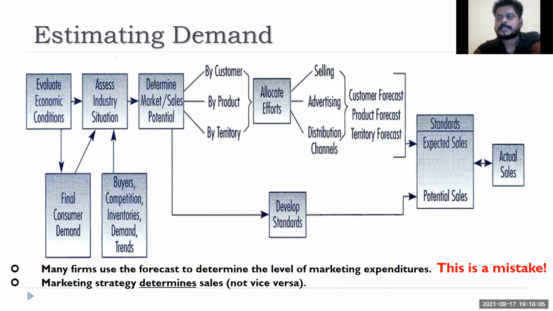If I am an IT company and I find that there seems to be a huge market potential in Gulf countries, I'll allocate my selling, advertisement, and distribution channel. Obviously, for IT companies, there won't be any distribution channel. I only will have my sales force. But there is advertisement in terms of my salespeople traveling there, talking to them, selling to them. So I have to put certain money, certain investment, based on that.